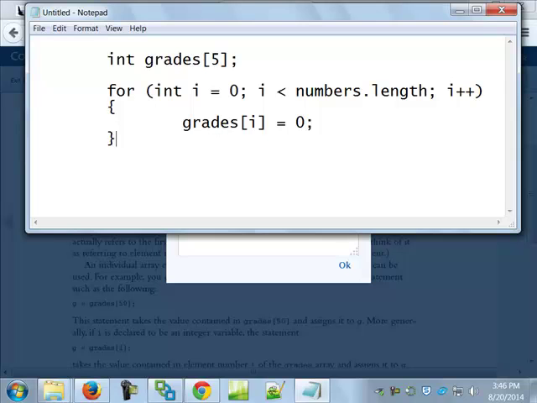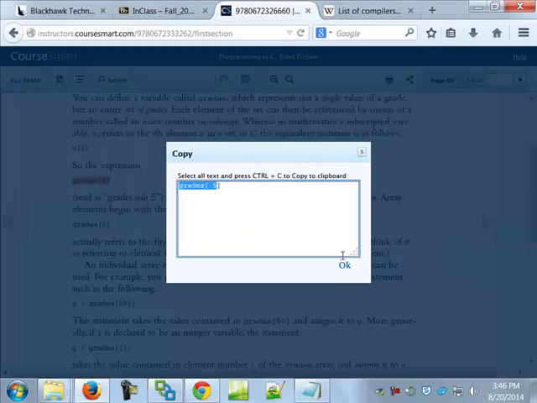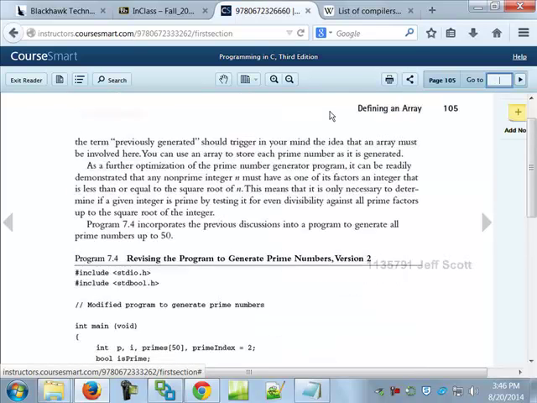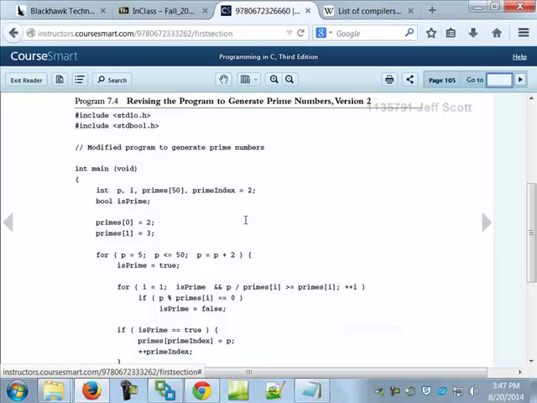They've got a typical type of program in here that you see a lot, and that is if you go up to 105. Everybody know what a Fibonacci number is? Oh no, this is the prime number one, sorry. Kind of nice program though. And it's nice because notice it says modify to generate prime numbers. You should be able to write yourself a prime number program, whether it uses arrays or doesn't use arrays. We looked at ones like that in Java. You can notice when you look in here, the syntax is virtually identical. They do talk some on the next page about initializing for arrays, just so you know.